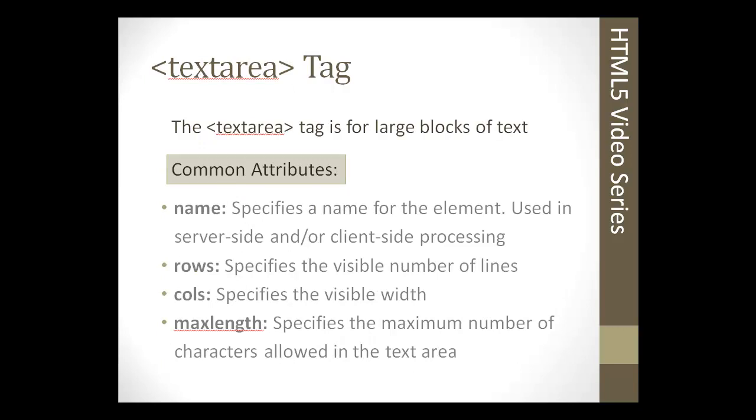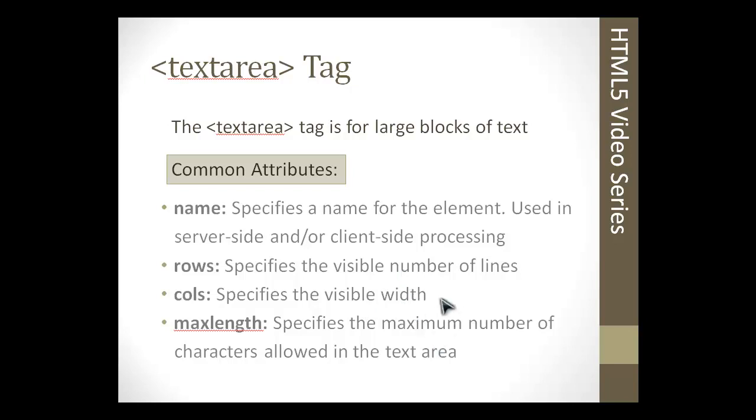Text area is another one, and a text area tag is used for a large block of text. This would be maybe a comments field or a message field on a contact form, which I'll be showing you in the project for this section. The text area tag takes the name attribute just like the input and pretty much the rest of the input type tags, and it has a rows and a cols attribute. The rows would specify the length, the number of lines of the text area, and the cols would specify the visible width,